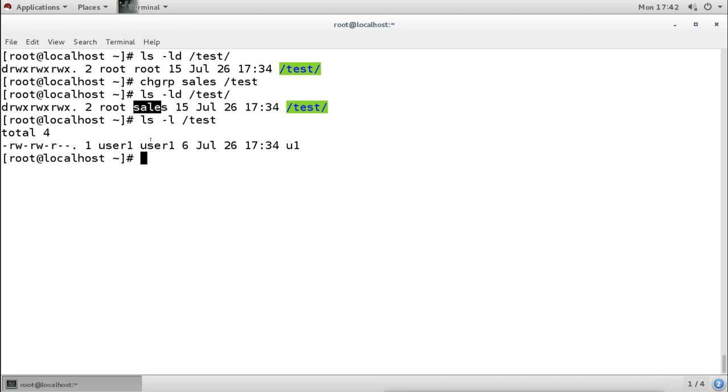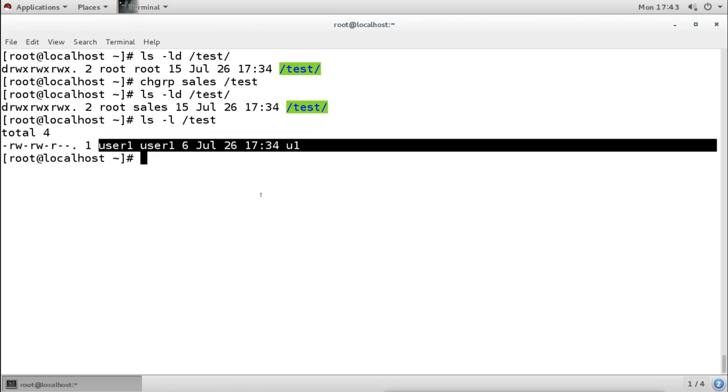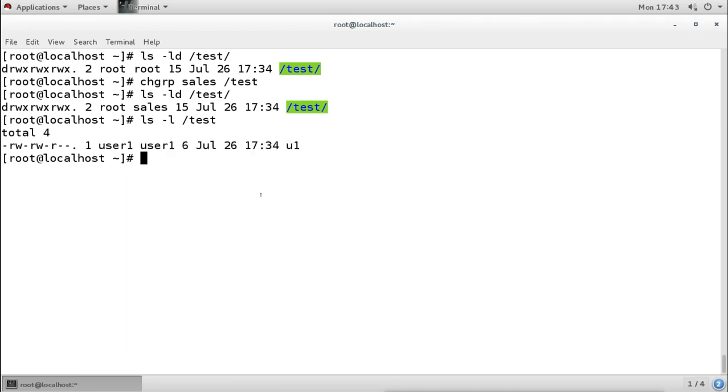But this existing file will not change, only the new files will be changed. The one file that is already there will not change. Now let's see how we can enable it. Very simple, chmod. This is the permission which is already there, but when we don't mention it, this will remain 0, but this time I want to enable the second bit, so I will say 2, and then I will mention the directory name.